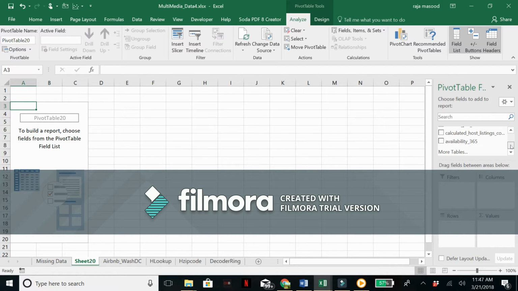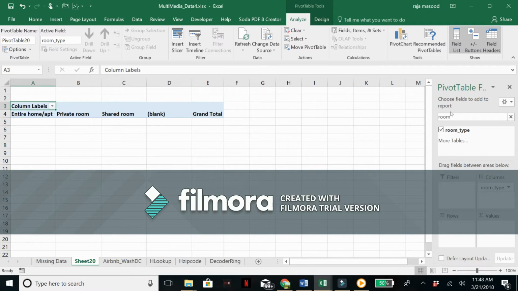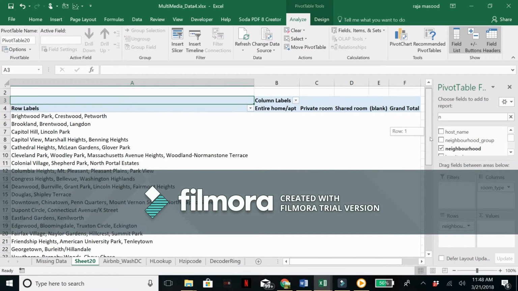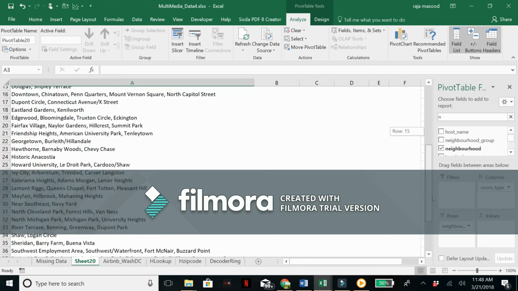In this pivot table builder, there are a bunch of options for you to mess with. There are field names over here, and then there's these four sections right here that you can use to create the chart however you want to create it. So we're going to grab room type and move that towards columns. Next, we will grab neighborhood and move that towards rows. See, now what it does is it creates this little chart for me on the left hand side,